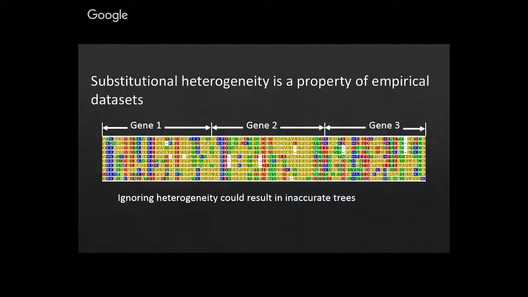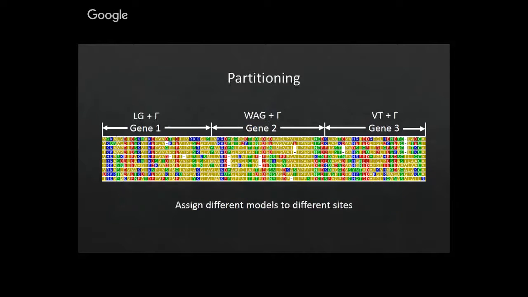So when I talk about ignoring heterogeneity, you can imagine an amino acid data matrix of many different genes. This is just a hypothetical example. You typically have, of course, larger genes and many more genes. And you might apply just a single site-homogeneous model to the entire amino acid data matrix. So that would be one set of relative exchangeabilities, one set of site frequencies, and one rate or gamma distribution for rate heterogeneity, applied to the entire data matrix. This would be an example of completely ignoring heterogeneity in phylogenetic inference.